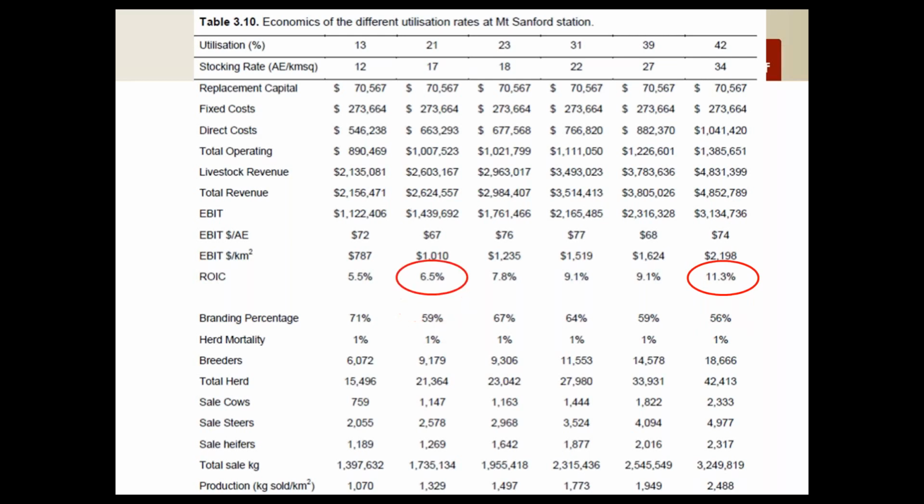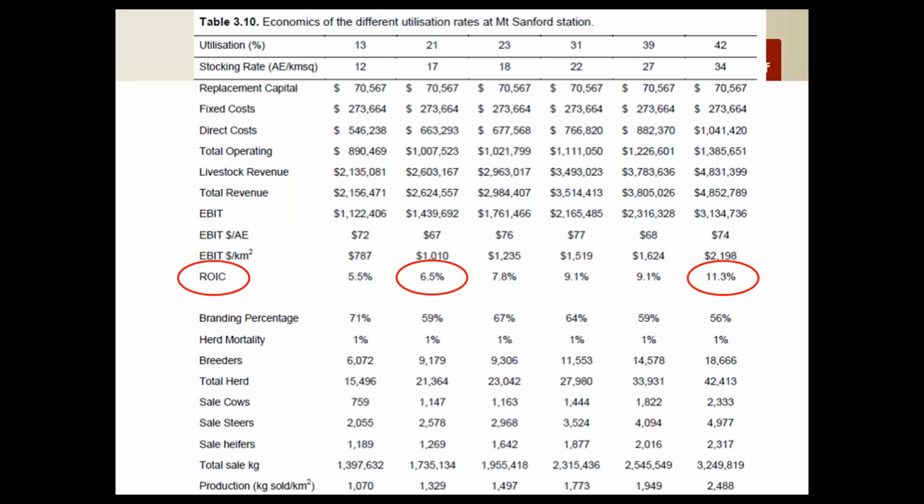So yes, as you can see, 11.3% return on capital at the 42% utilisation versus the 6.5% at 21% utilisation. However,